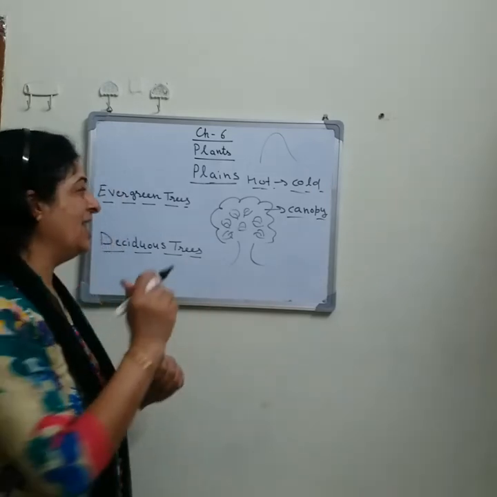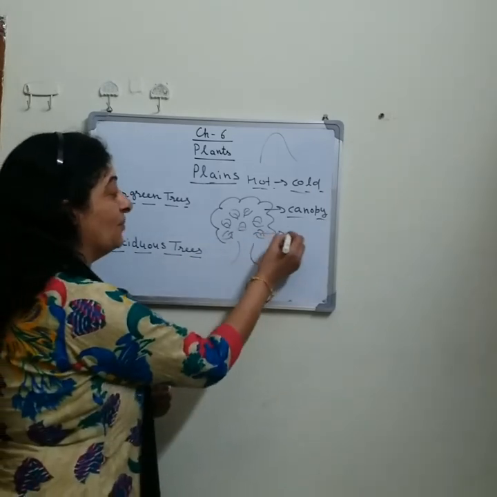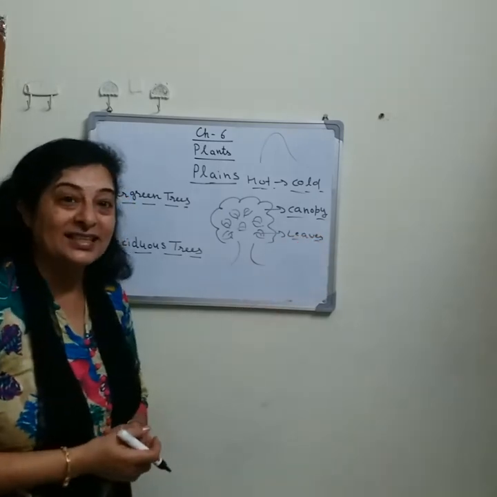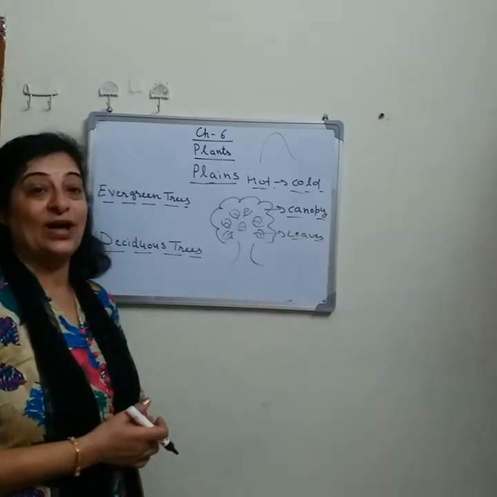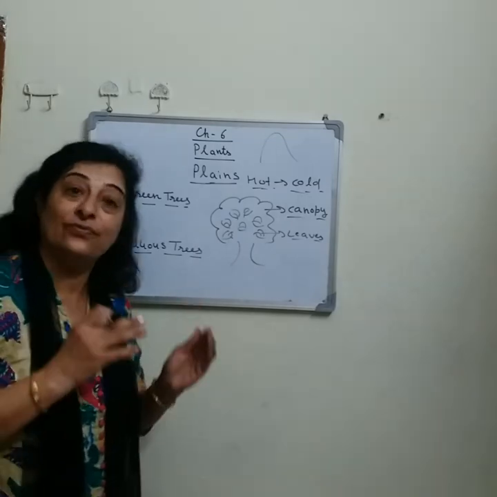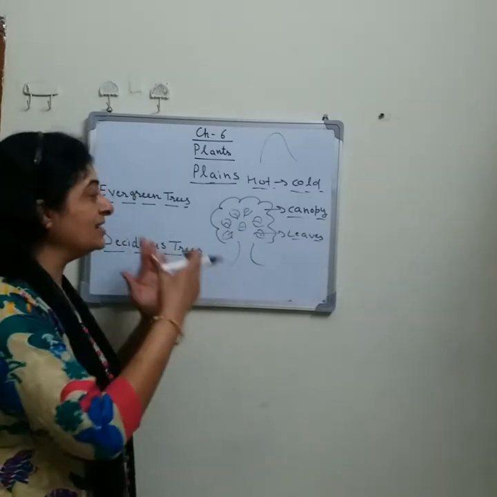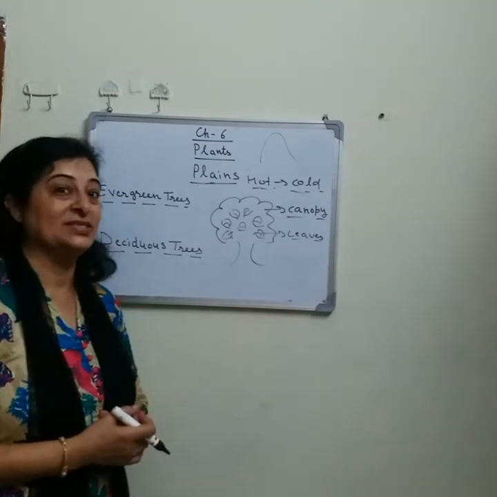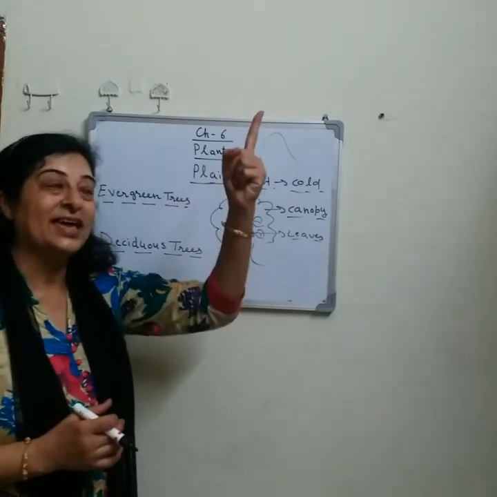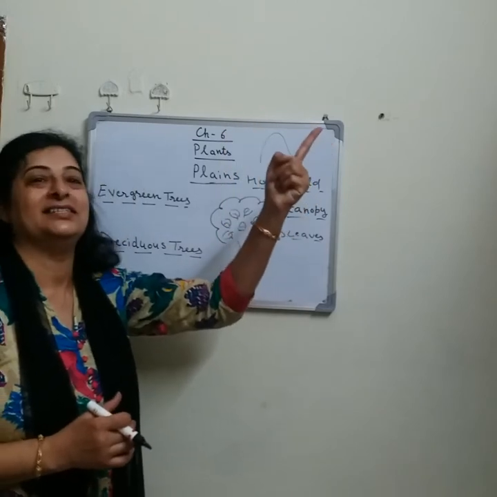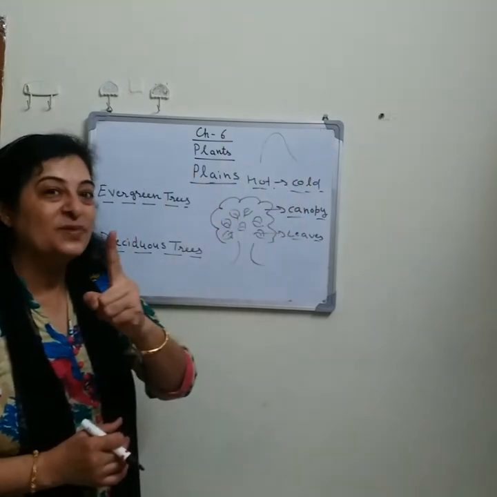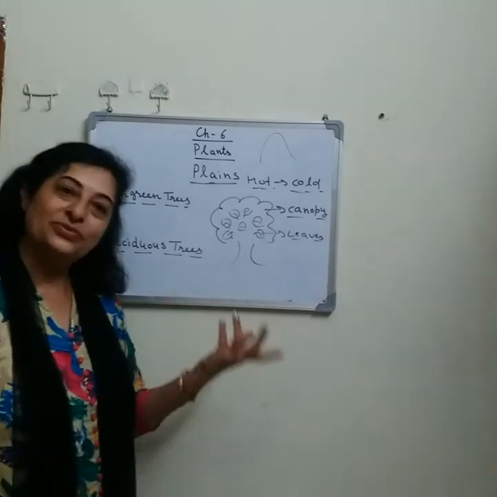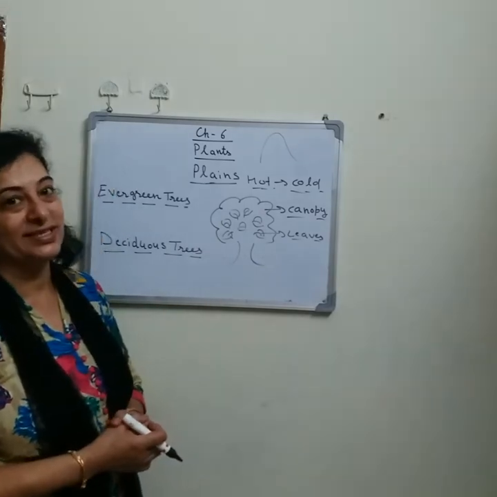And after that you can see a number of leaves, and all of you know leaves are the kitchen of a plant. It prepares the food for the plant as well as for all living organisms by capturing solar energy with the help of which pigment? Yes, you are right, chlorophyll, and through the process of photosynthesis.